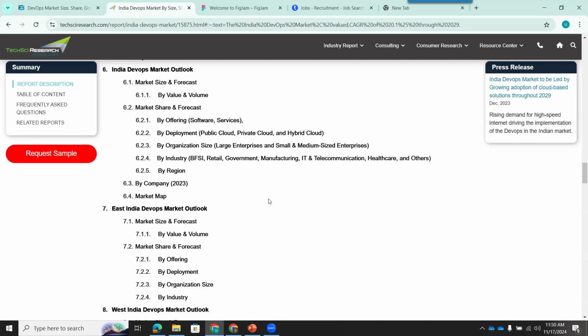Even if they try to replace you with a new engineer with 10 to 15 years of experience, he cannot immediately start taking care of it until he understands the whole infrastructure. That's why DevOps roles are more secure in the industry.